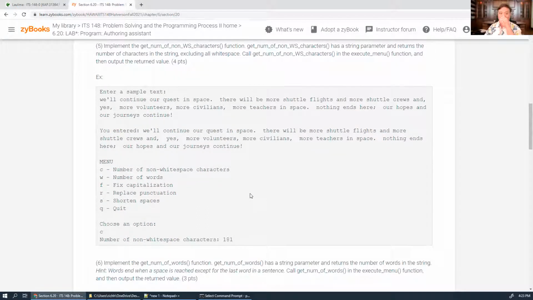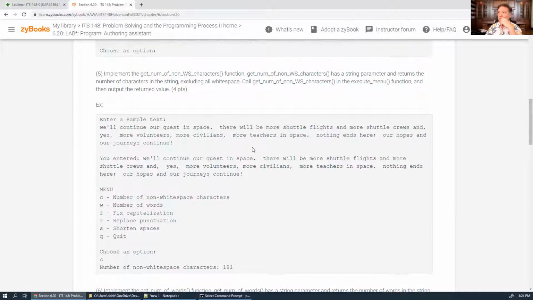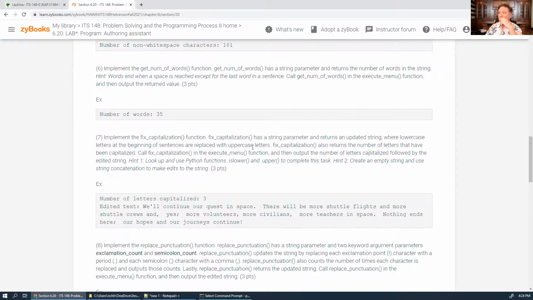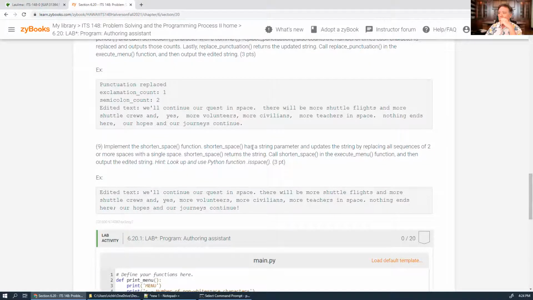So shorten spaces, oh, well. As a string parameter, it updates the string by replacing all sequences of 2 or more spaces with a single space. Shorten space returns the string. Call shorten space in the execute menu function and then output the edited string. Okay, so